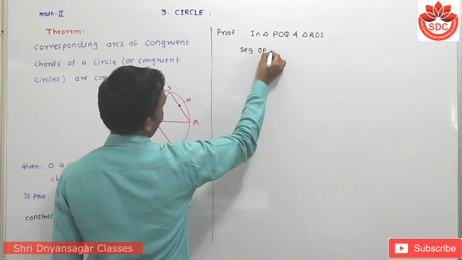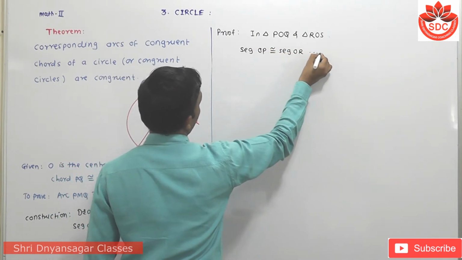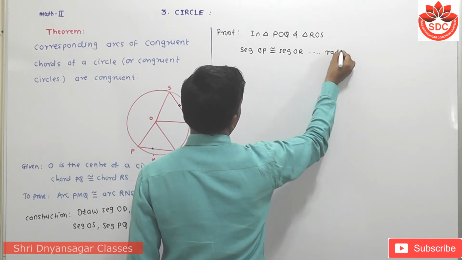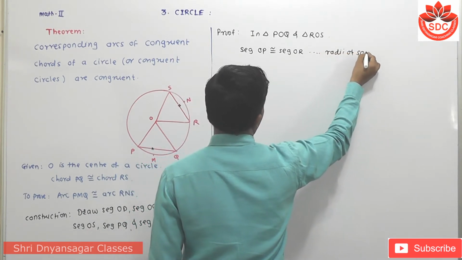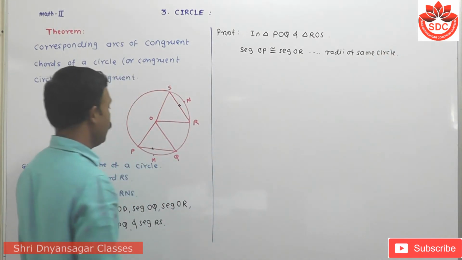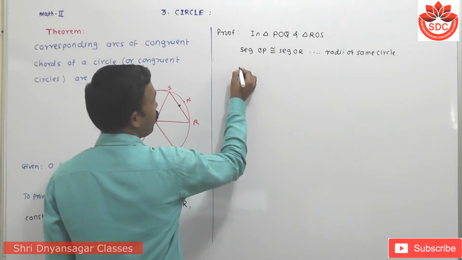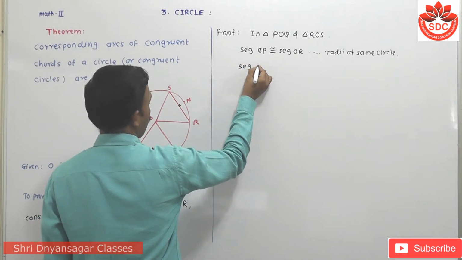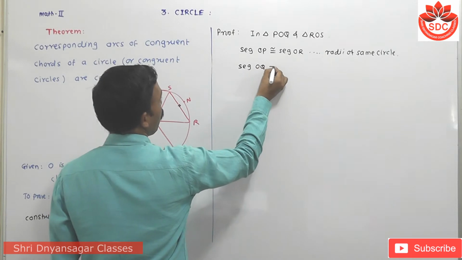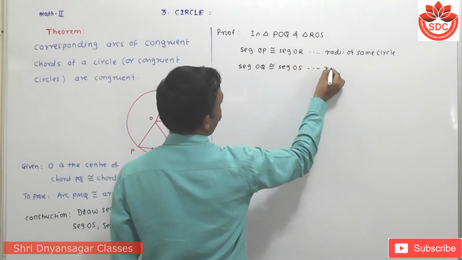Segment OP is congruent with segment OR because radii of same circle. Then the second one, segment OQ is congruent with segment OS. This is also